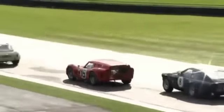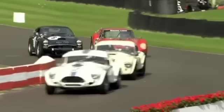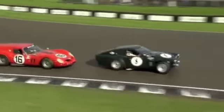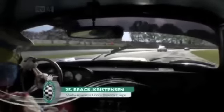Well, in theory, at least, the Ferrari handles better than the Cobras, although it has less horsepower, but that Sunbeam's gone through on the inside. That was fantastic, and Nicolas Minassian just saw him in the nick of time. I don't know how he did out of those tiny little mirrors, mind you, and we're on board with Kenny Brack,